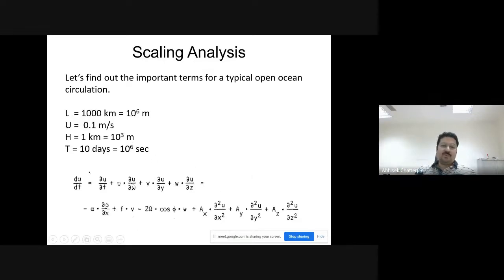If we put these numbers in, there is one term that we don't know, that is W, the vertical velocity. In the ocean it is very easy to measure horizontal velocities. For example, you go to the ocean and put a current meter. There are instruments called current meters. It is like you have a fan, and the water is moving inside the fan. So the fan will rotate, like in our normal fan, and as it rotates, it will record the velocity.